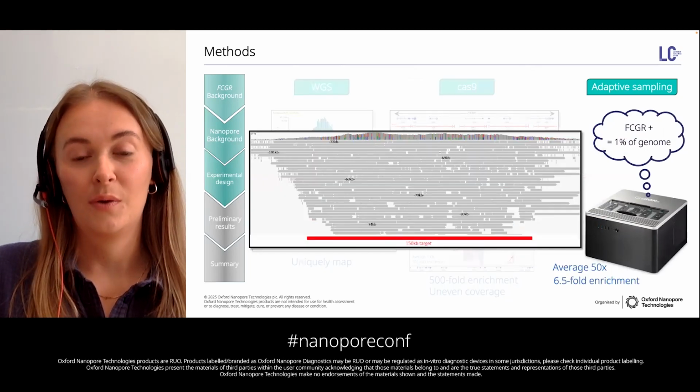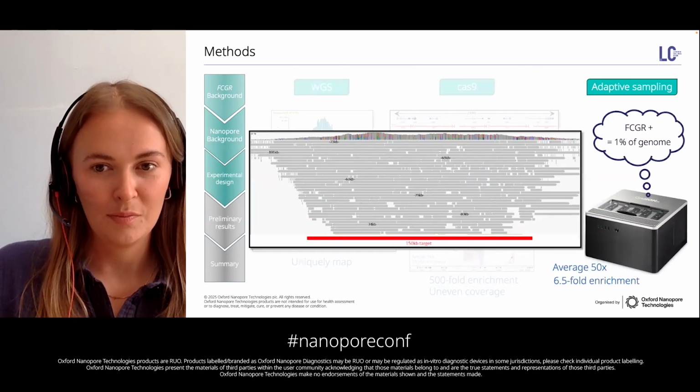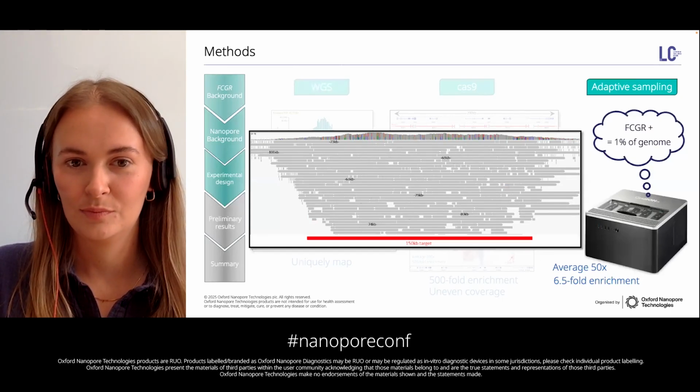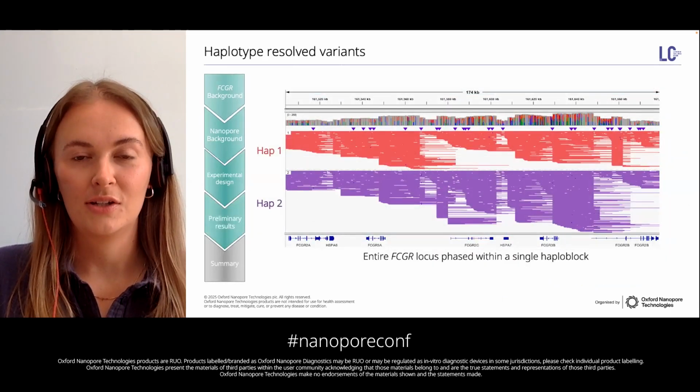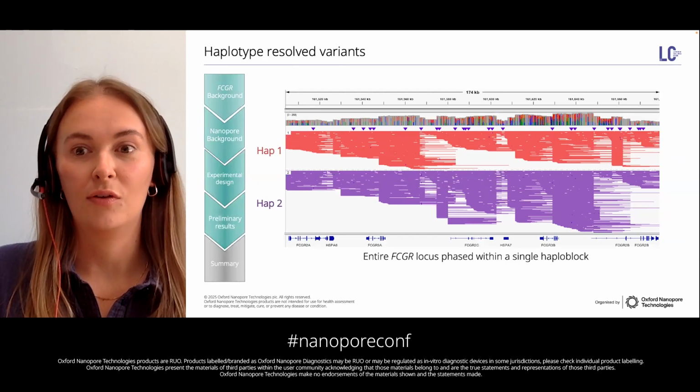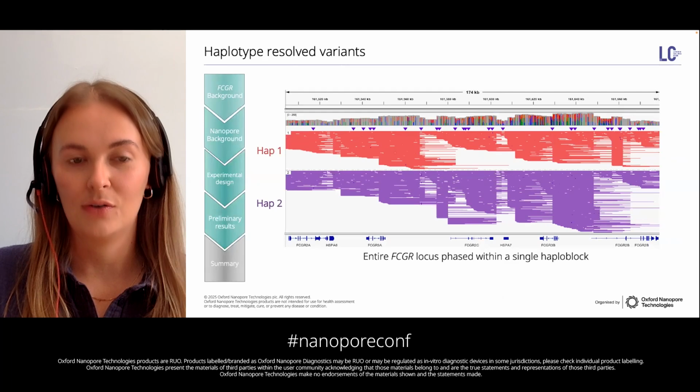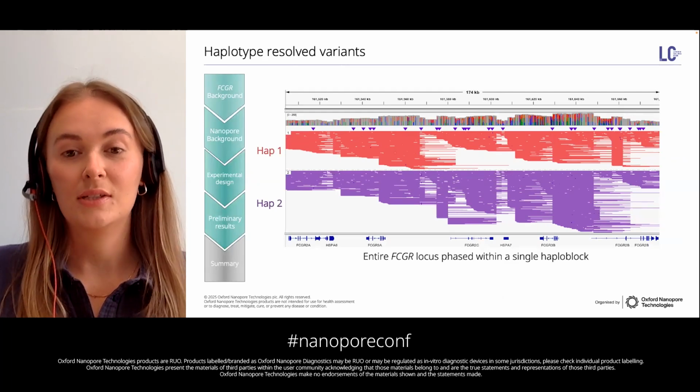And this showed that we could capture those long reads from the whole genome prep while also ensuring nice even coverage across the entire target. So after all this data generation, I've now got a high depth of long reads, and this means I'm now able to phase across the entire locus in a single continuous block, which enables all the SNPs to be genotyped